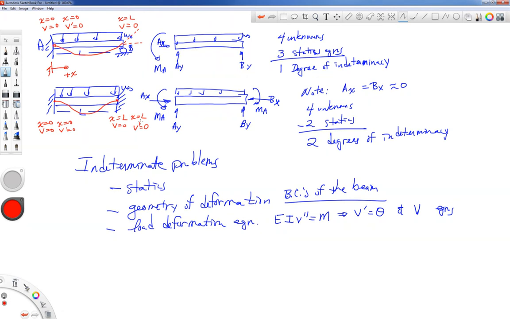Now, the previous lecture dealt with matching boundary conditions where we had multiple regions and we had a couple moment equations and we had to integrate those twice. And I think by doing those homework problems, you found that those were fairly involved, fairly labor intensive from an algebra point of view. And what you're going to find is these statically indeterminate problems are also going to be fairly involved. So give yourself some time, make some quiet time,